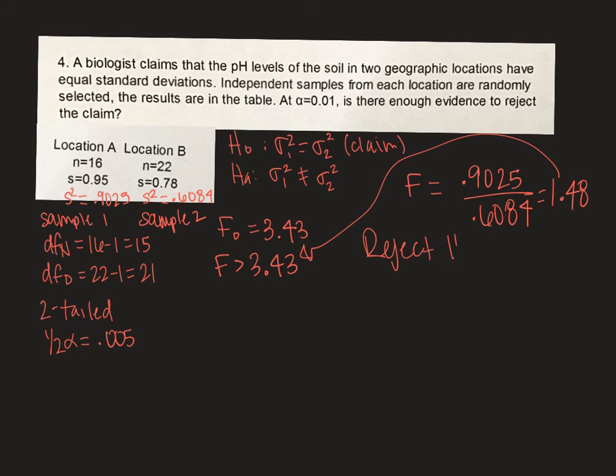So I cannot reject H0, which means there is not enough evidence to reject the claim